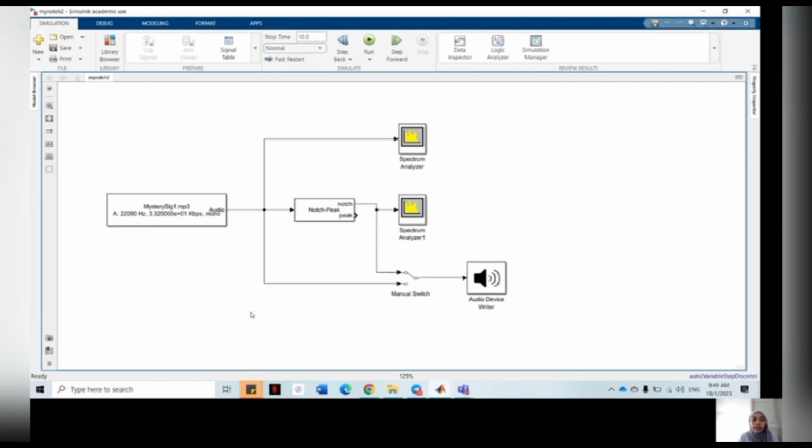So for the assignment, we use the same sound but using the peak and notch filter block. For this Simulink, we just need to connect. I just connect the notch switch at the spectrum analyzer 1 and the manual switch, and then when we run,